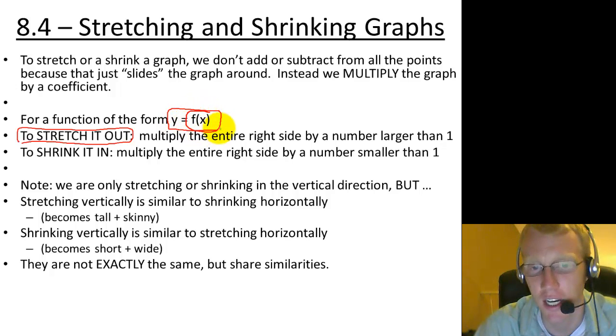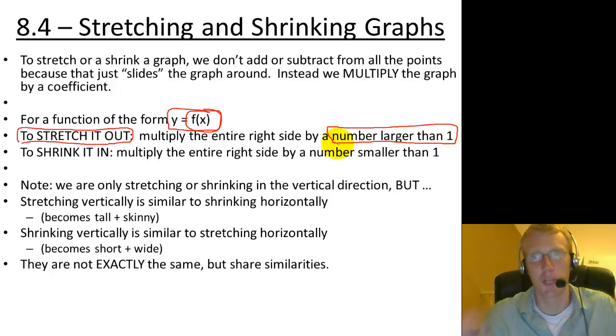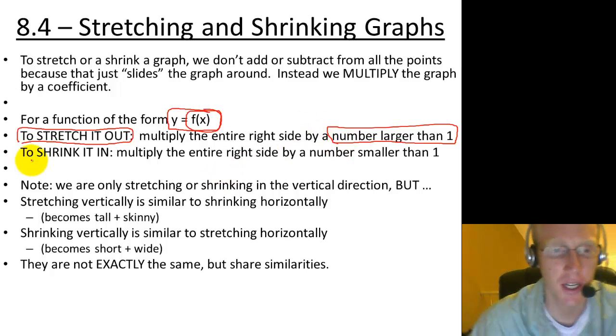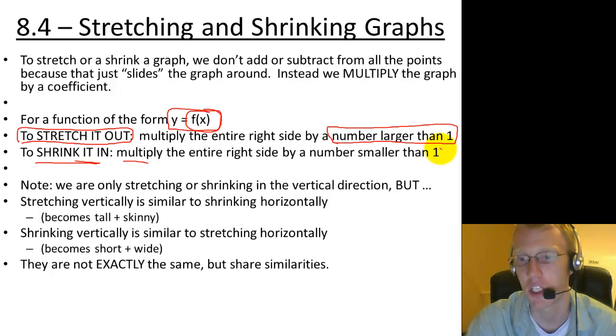You're going to multiply the entire function on the right-hand side by whatever number bigger than 1. So if you multiply by 2, you're stretching by a factor of 2 or making it twice as big. If you multiply it by 10, you're stretching by a factor of 10, everything will be 10 times as big, etc. And to shrink it, you're going to multiply the entire right-hand side by a number smaller than 1,